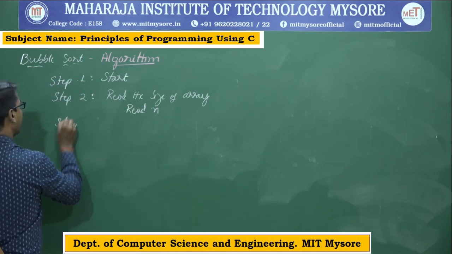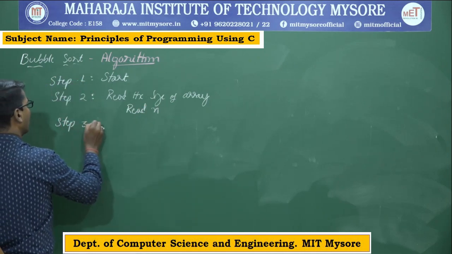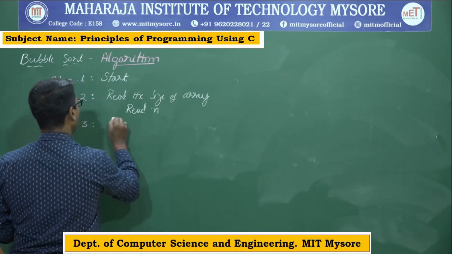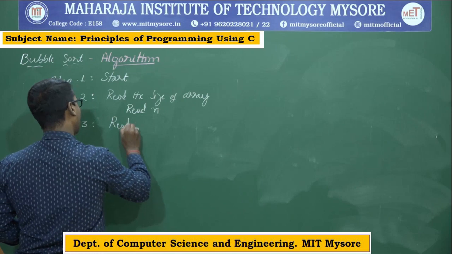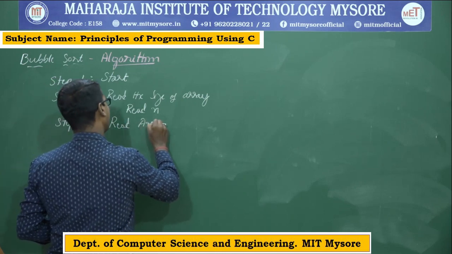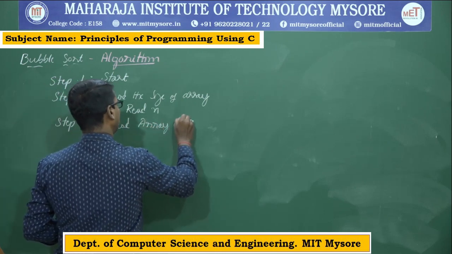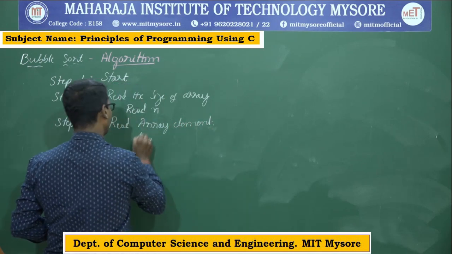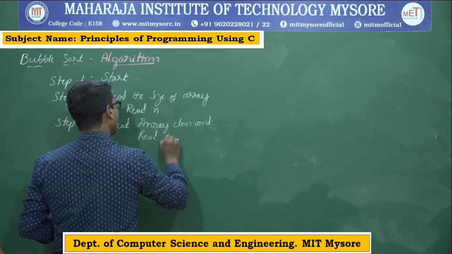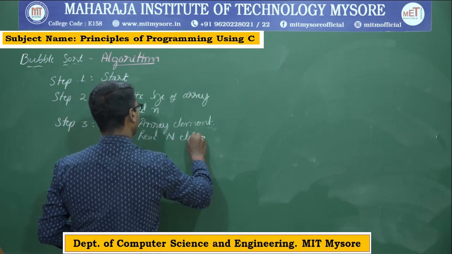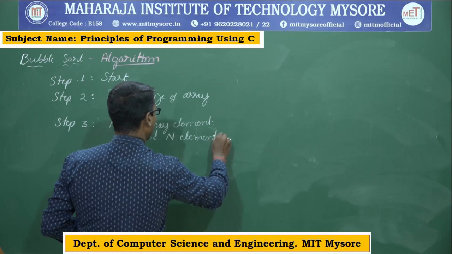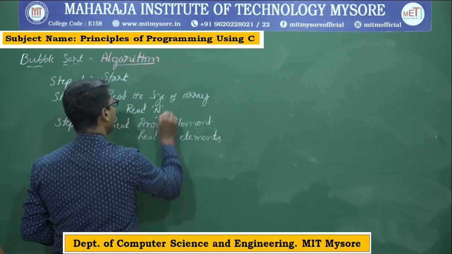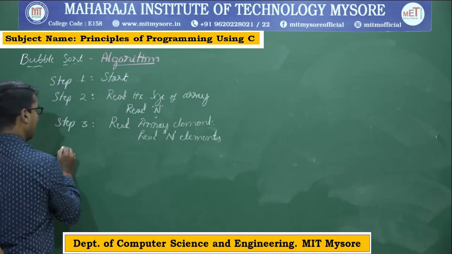Okay. Next, step 3. After reading the size, we need to read the array elements. So read n elements. We have read n, so we need to read n elements. So after reading the elements,